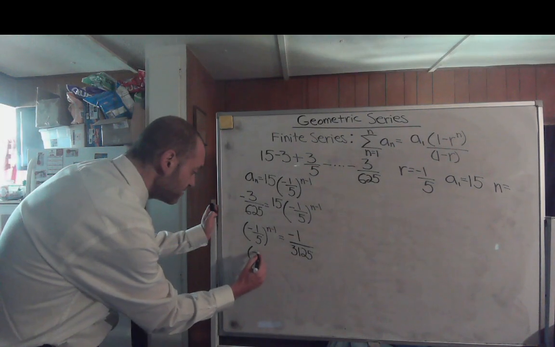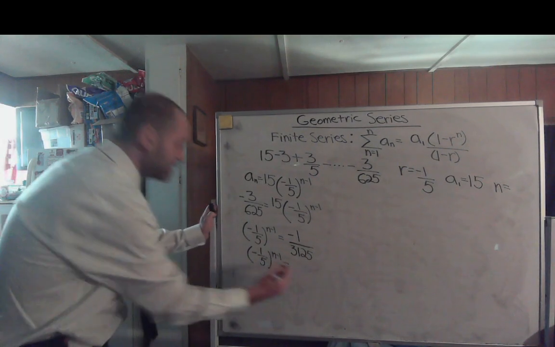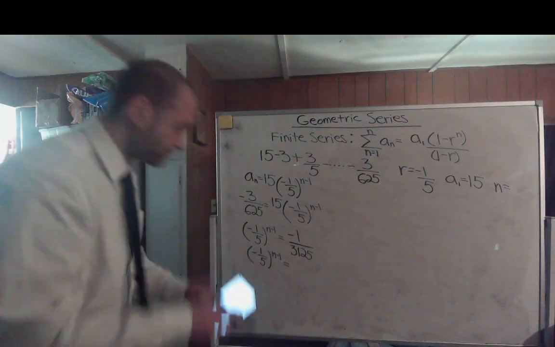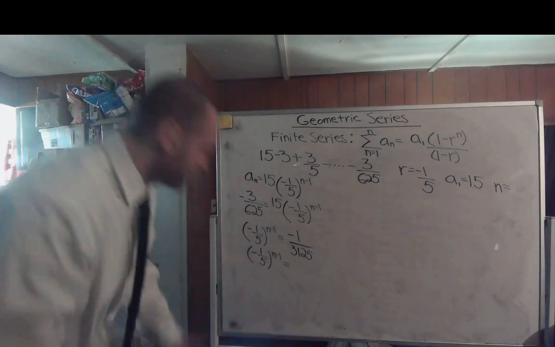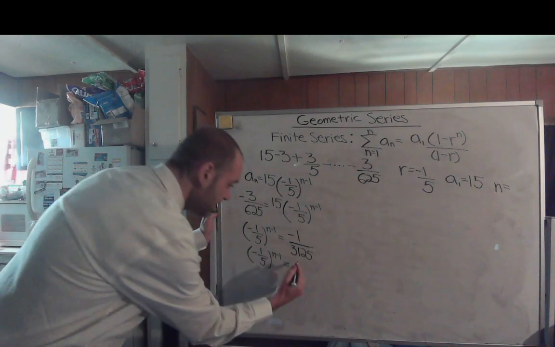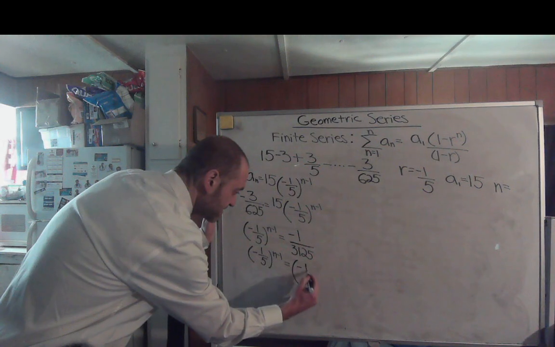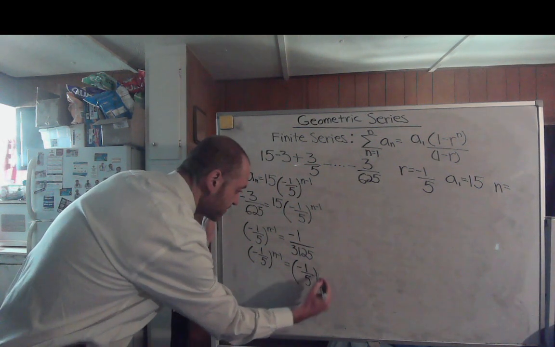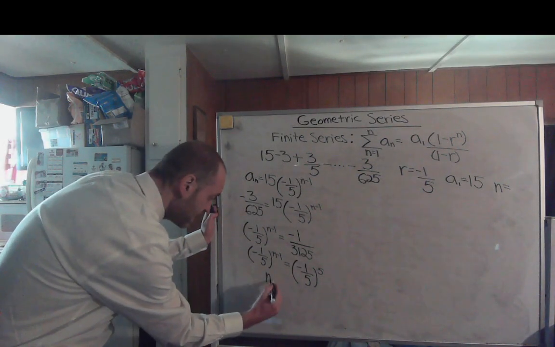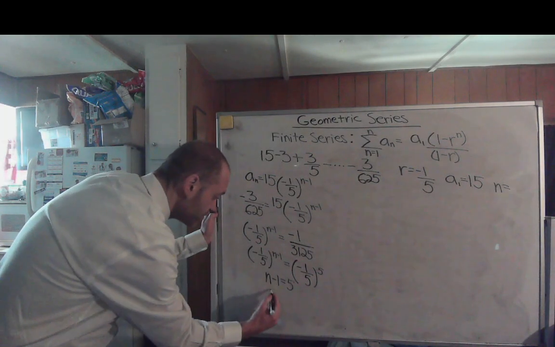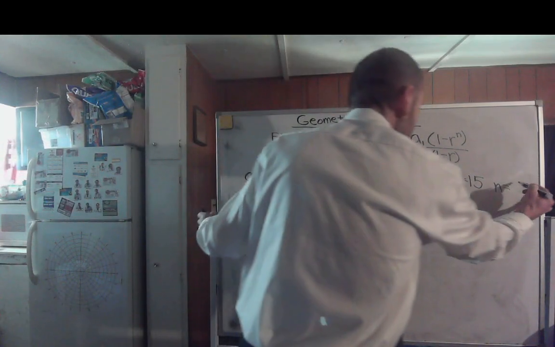We can take -1/5 to the n minus 1, set that equal to, pretty sure it's 5 to the 5th. Yep, so that would end up being -1 over 3,125, which is the same as -1/5 to the 5th power. Since we have the same base, we can just set n minus 1 equal to 5, which means n equals 6. So we have 6 terms in this sequence,